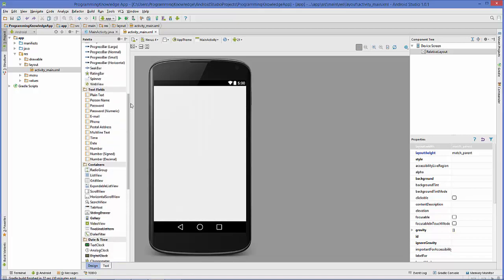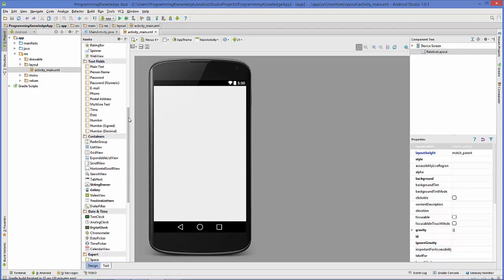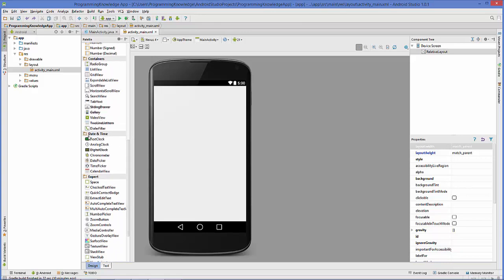So just go to your widgets or palette, and in here you will see the category called date and time, and in here you will see analog and digital clock. There is one more type of clock which is called text clock. It works almost similar to the digital clocks. So if you know how to use digital clock, you will be able to work with this text clock also. So in this video I will just take analog and digital clock, but you can also use text clock in